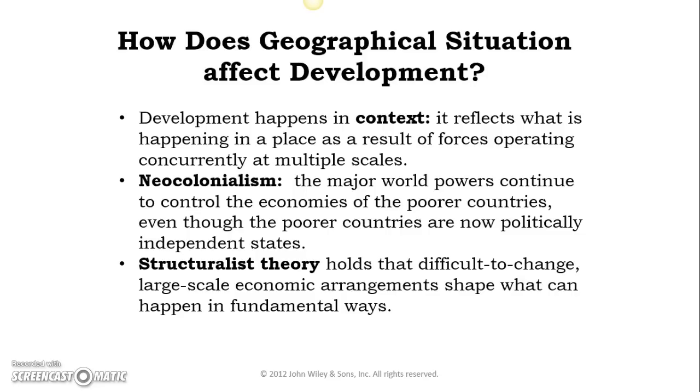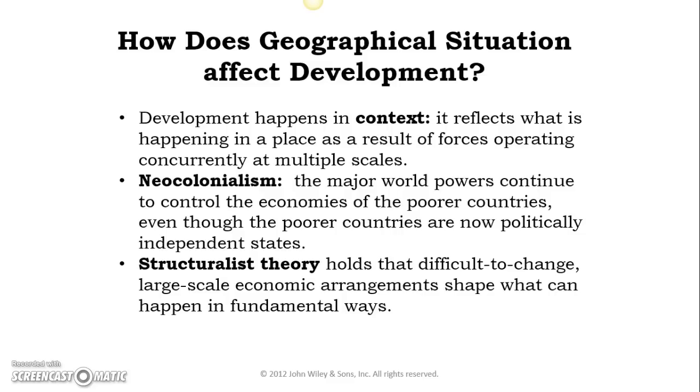Okay, and so in that way, the former colonizing power can continue to exert significant control over what's going on within that poorer country by choosing, for instance, to place certain expectations on products coming into the country, or to decide that they're not going to import from that country, or things like that. All kinds of things that they could do to influence what's going on in poorer countries and in the economies of poorer countries. Okay, so that's one of those ideas, and I want you to keep it in mind as we go through, because we're going to talk about some theories that apply that idea.